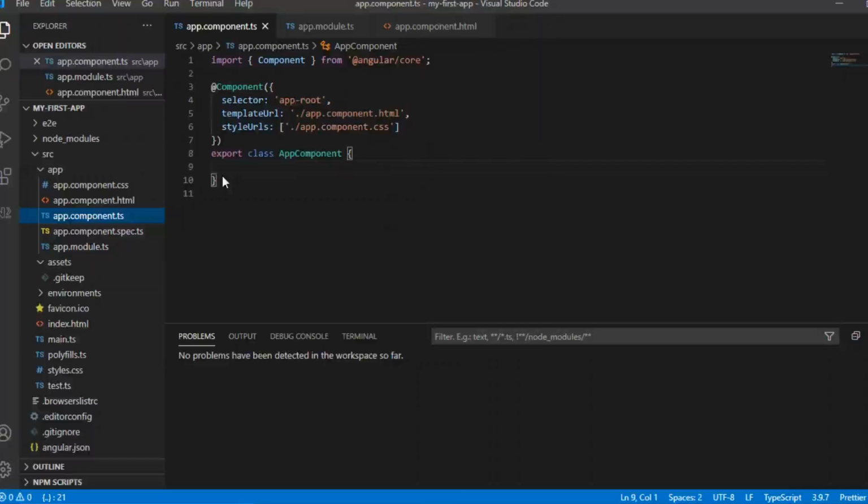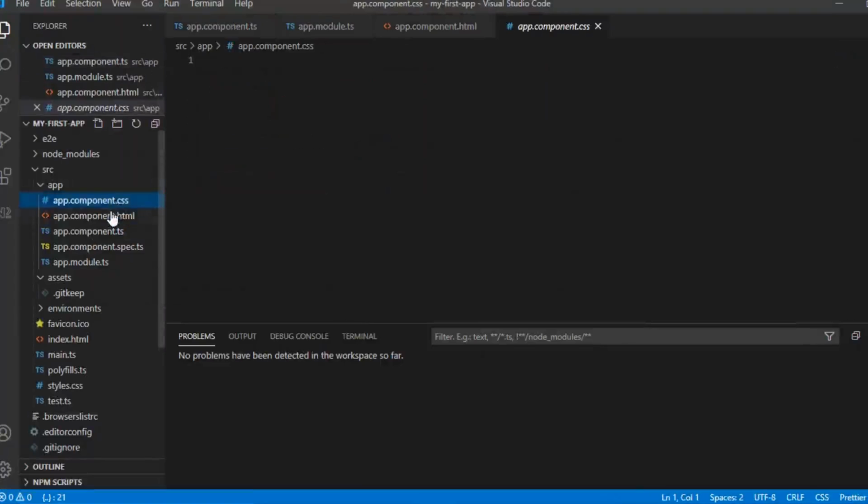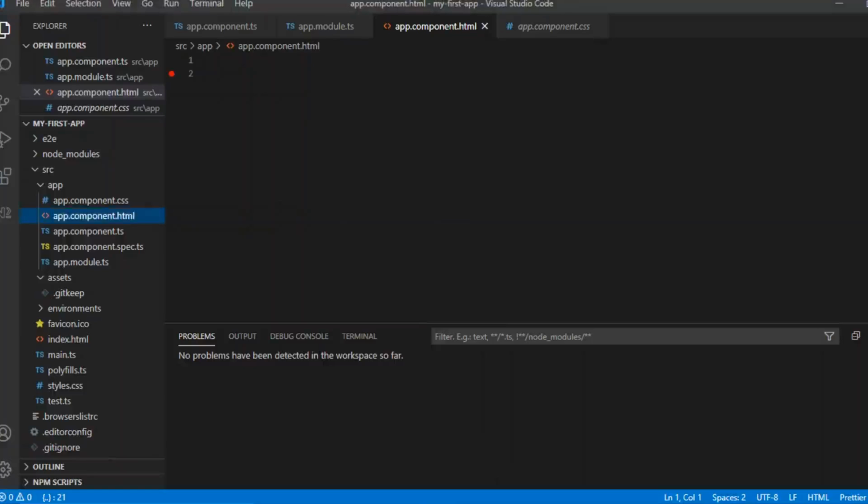So in the previous video we learned how to set up the Angular application. Now I erased all the code in HTML, CSS, everything. So when you look at the browser now, it is fully empty. So how do we work on Angular? That is what we are going to learn today.